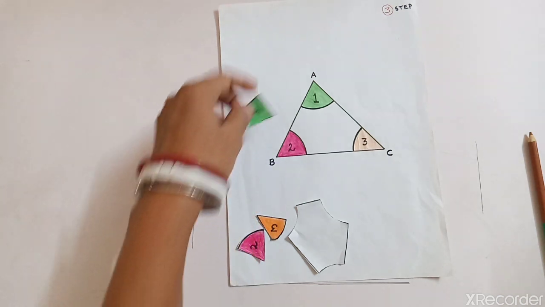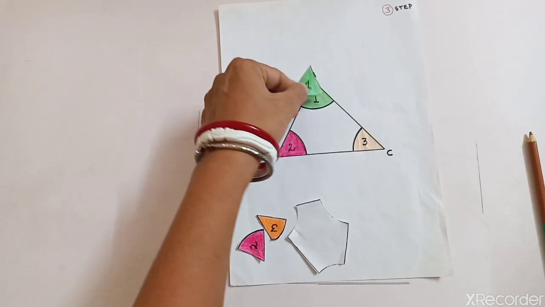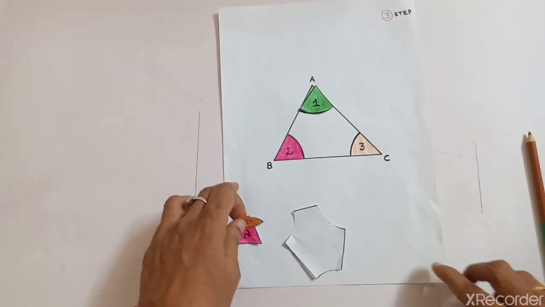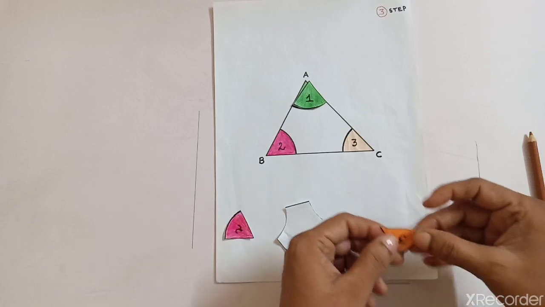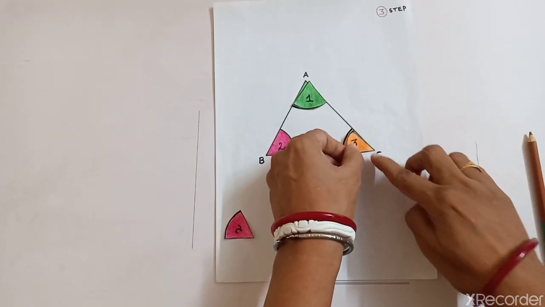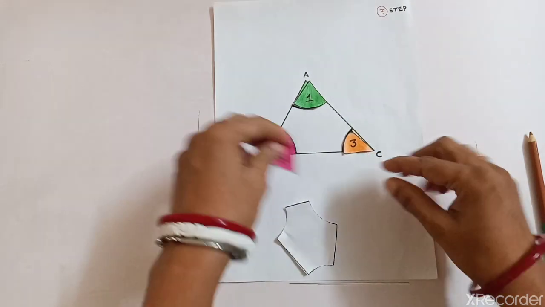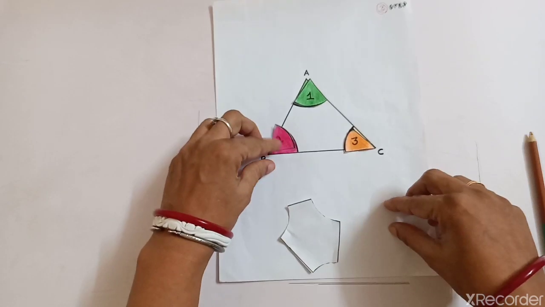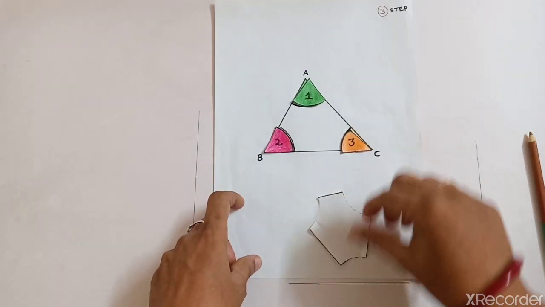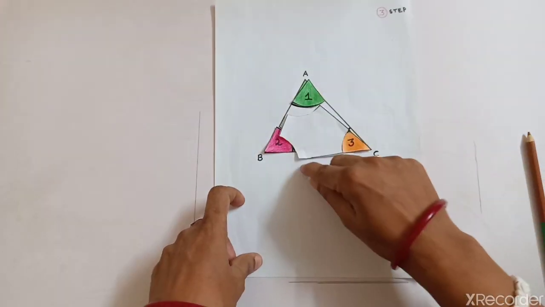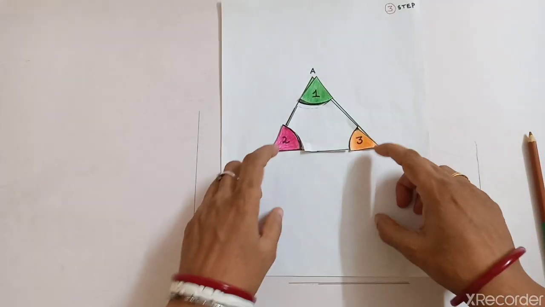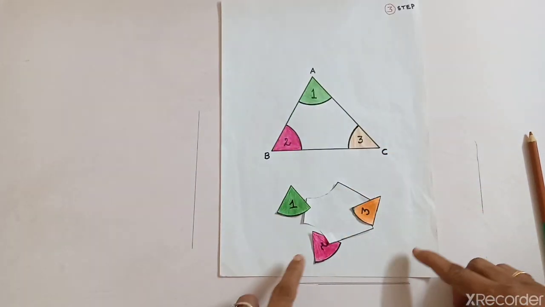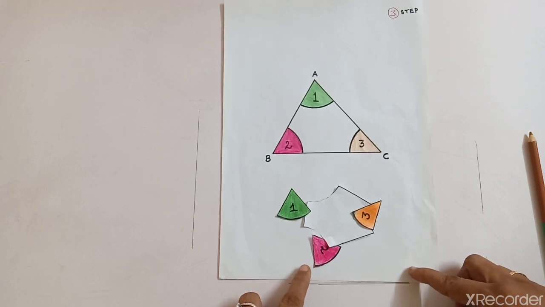Now if I keep it here, you can see it will be exactly like this angle. You can see here it is the same as this. You will also cut it, and this is the remaining part of the triangle. You can see here. So this is all cut out. You will take them out one by one, and then any idea what I am going to do with all these parts? I will tell you.